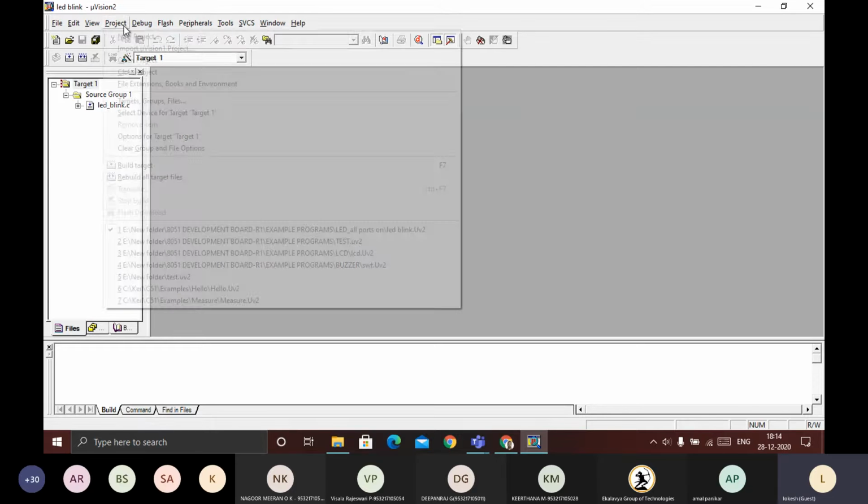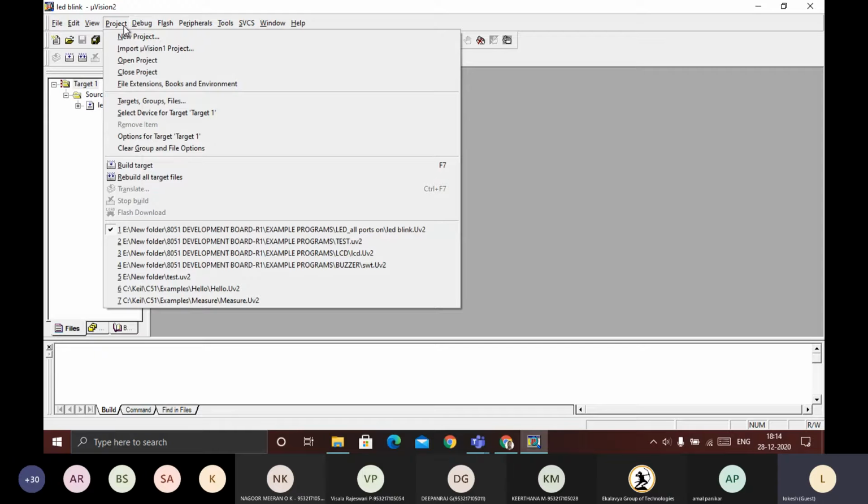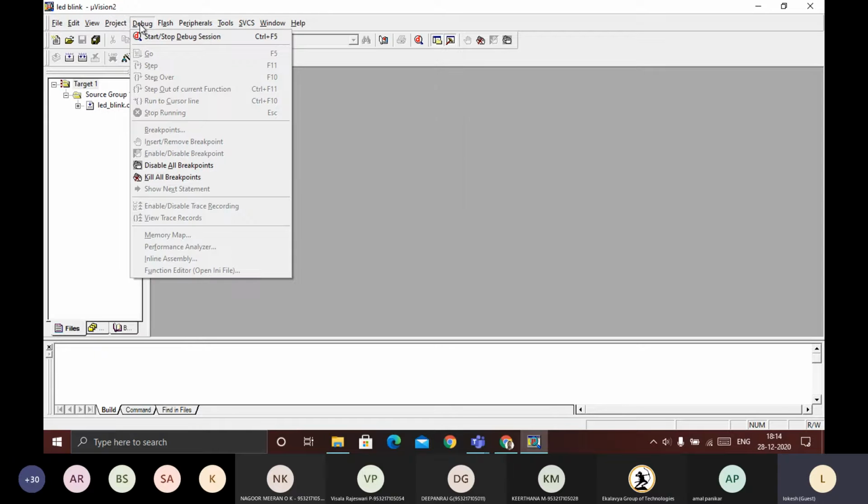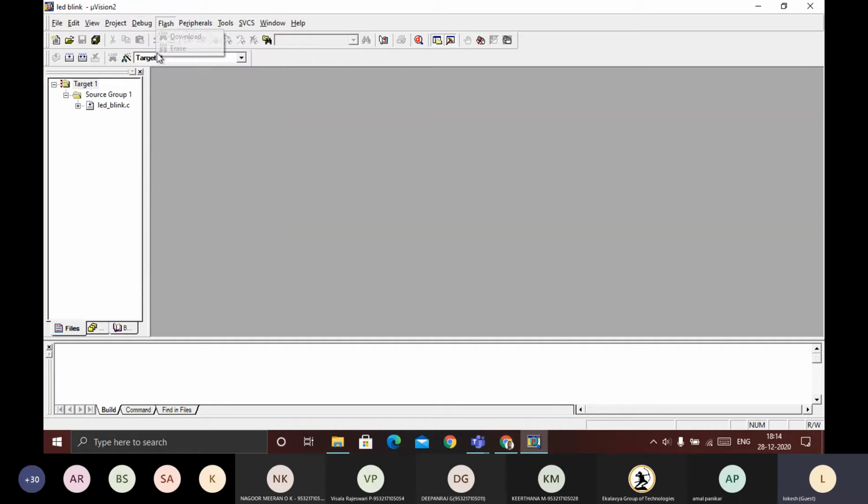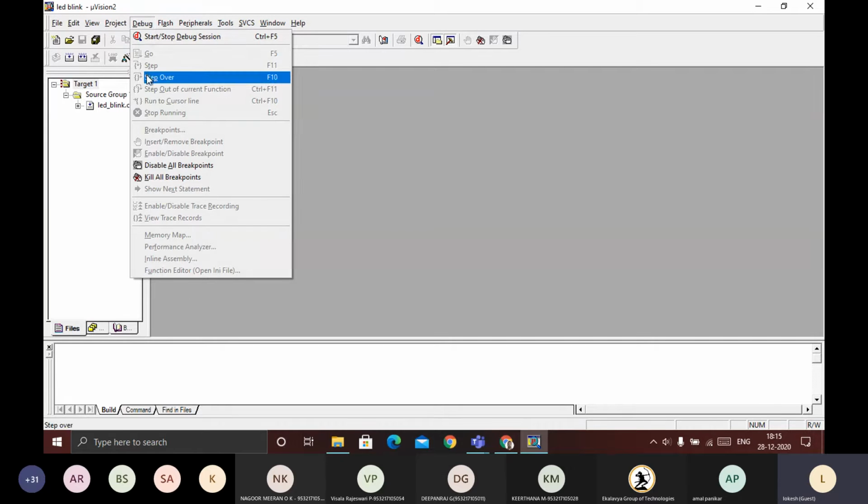Next, here is the Project, creation of the project, a very important thing. We will come to it. Next, we can debug the program. If I have written a program, I need to go through the program step by step. That can be done by using this tab. There you can see Start/Stop Debugging, and you can see here step by step.